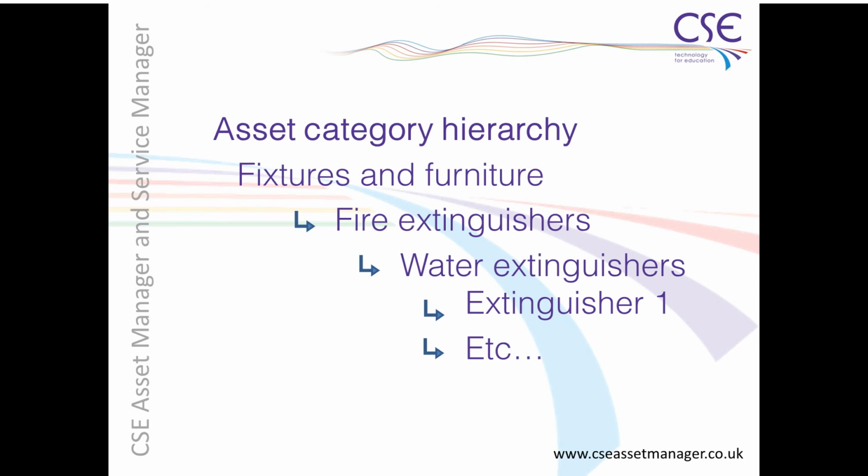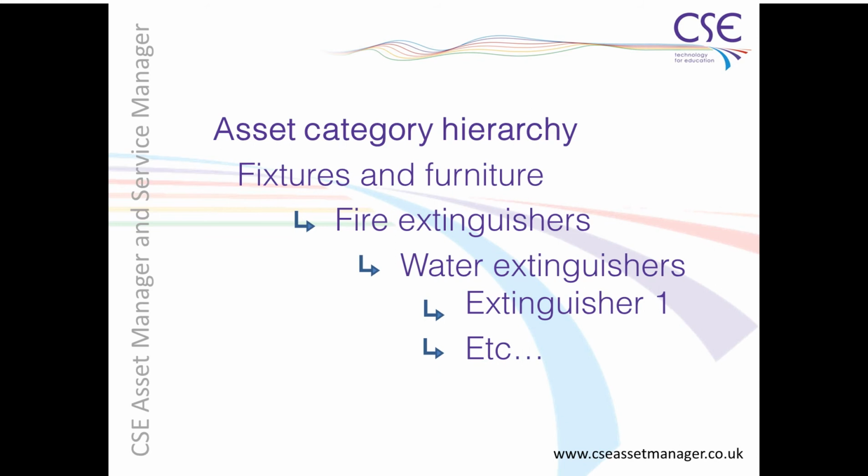Categories are easy to add in the Preferences section, and we can rename categories or promote or demote them in the hierarchy simply. This is useful when using Asset Manager's auto-detect tools to find and create records on networked ICT assets. Asset Manager will create a register for all of these assets automatically, and you can then fine-tune the register